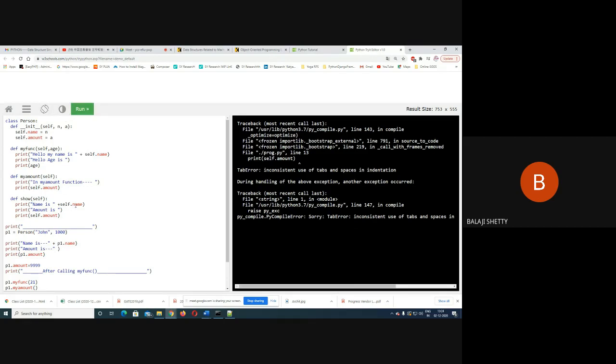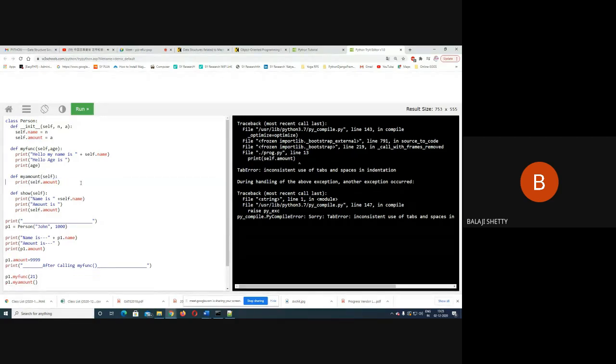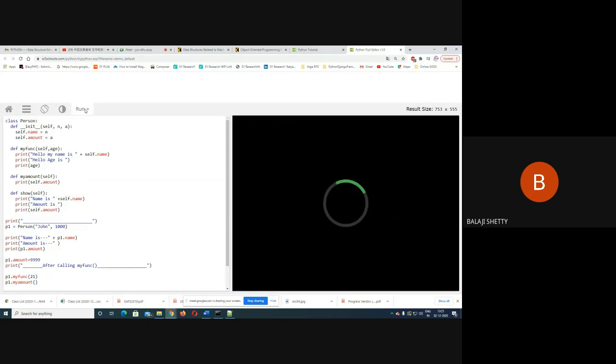What happened? Inconsistent use of tabs and spaces. Okay. Everything is correct. It should work.